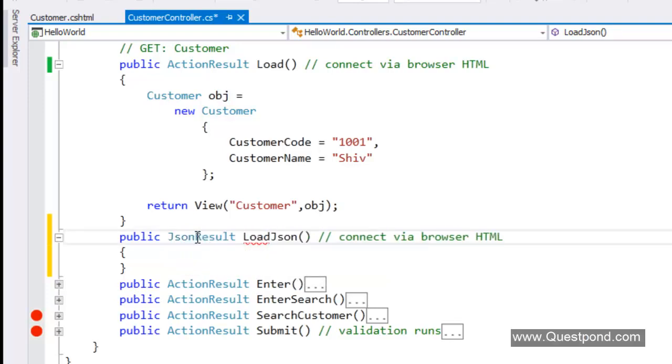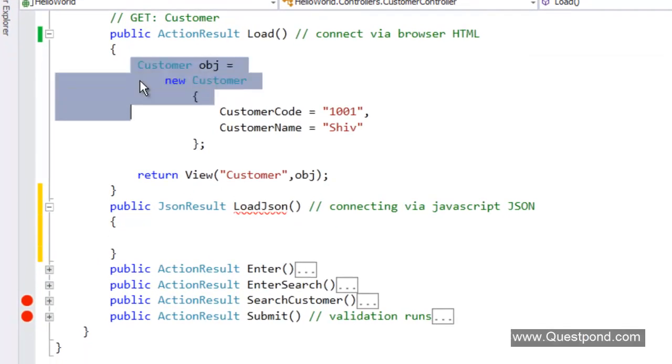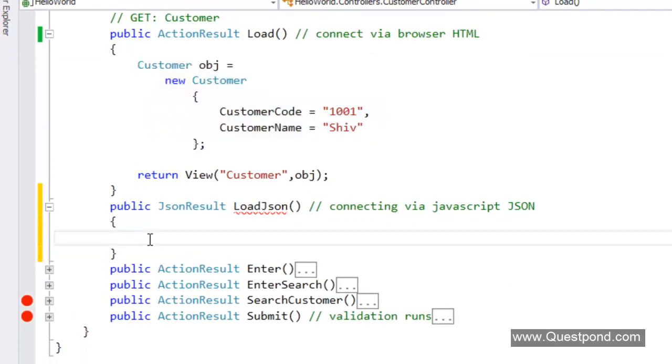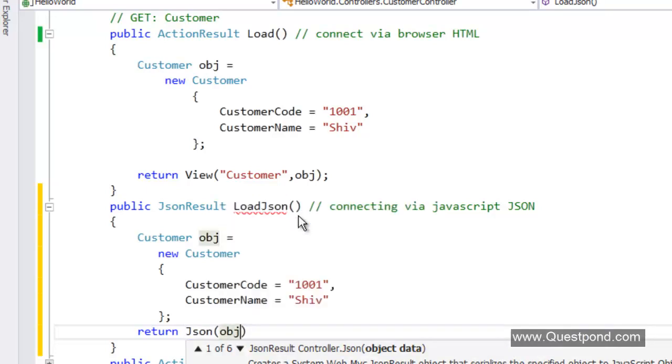These are for clients who are connecting via JavaScript and jQuery, so here JSON is the format. Again, the object creation code remains the same. And here I will say return JSON, return this object,